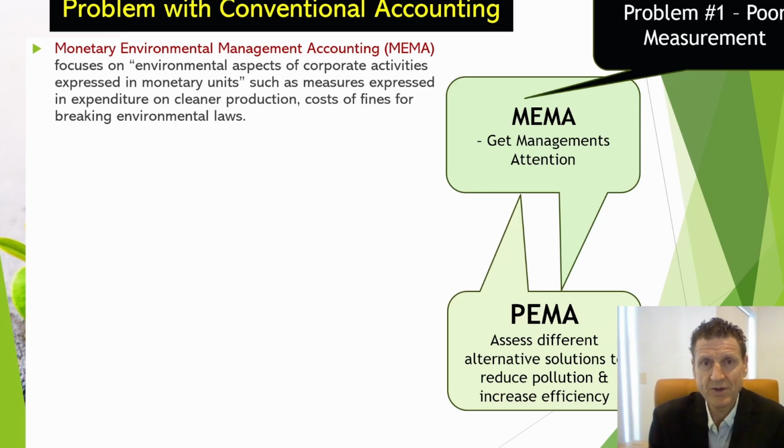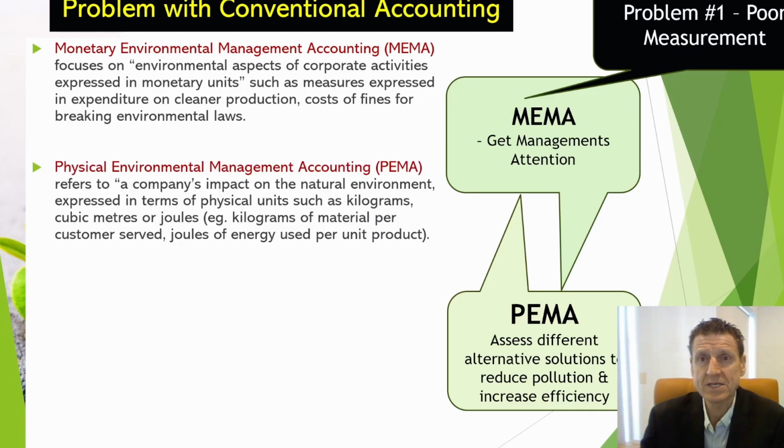It adds to the revenue, and then you've got costs taken off that, then you've got your profit, and then we report our profit and loss, we've got our balance sheet. Great, so that's the monetary, that's the MEMA. It's monetary environmental management accounting, when we put anything to do with what we're doing in the environment into monetary aspects, so we can report, we can disclose. That's great. But